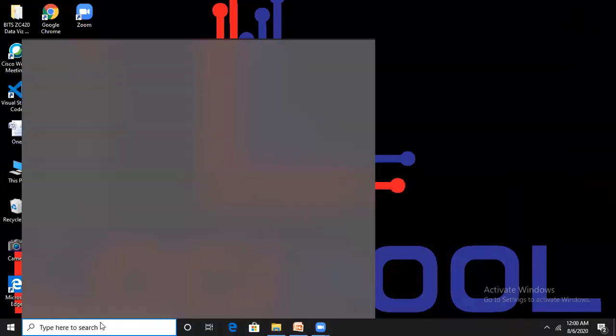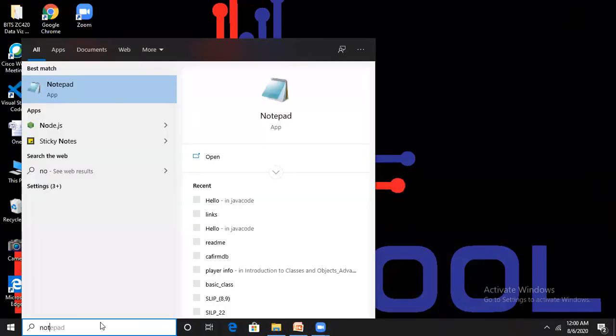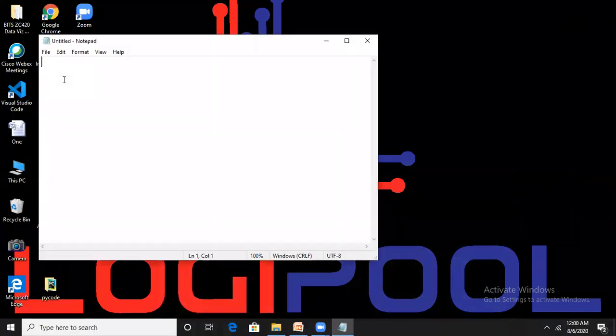Here I am using Notepad. This is the first Java program. Similar to C and C++, single line comments are started with 2 slashes. Always document your code, it is a good habit.